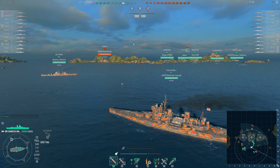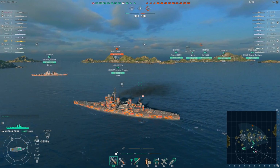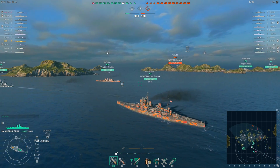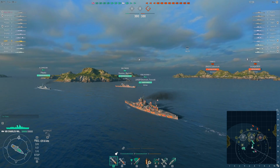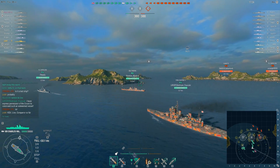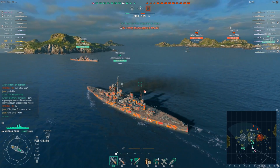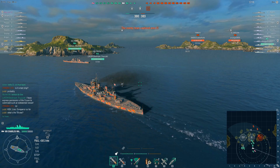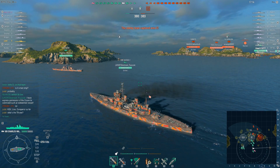Alright, it has 10 guns. That's a lot of guns, but they're still just 14-inch guns. The Amagi has 10 guns. That's also a Tier 8 battleship, and they're 16-inch guns. The North Carolina only has 1 gun less, and they're 16-inch guns. The Bismarck has 2 guns less, but they're 15-inch guns. They're still a larger caliber, and that means a heavier weight of firepower and heavier alpha damage for each shell